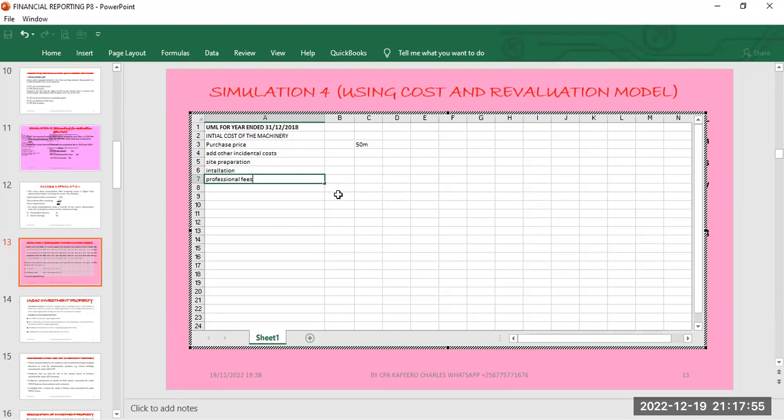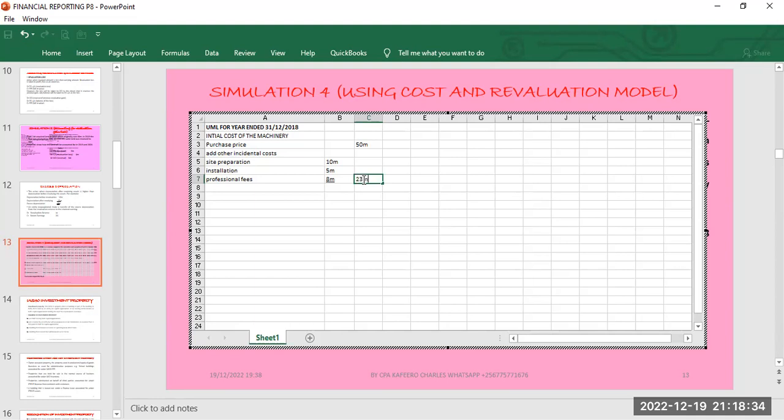We are seeing that the professional fees were 8 million. Installation was 5 million. And site preparation was 10 million. So when you sum these up, we are going to be able to get